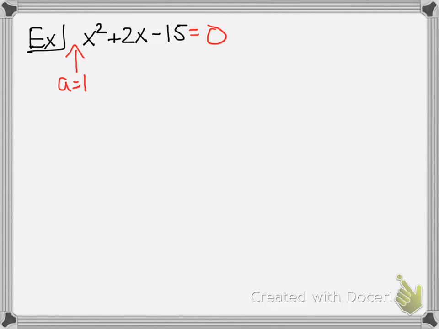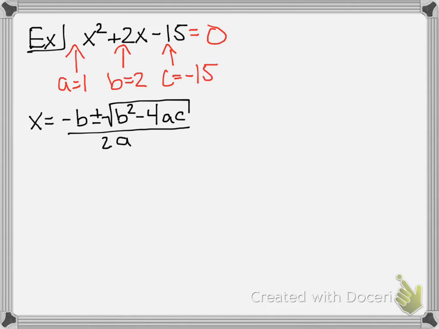Okay. So we've got this equation here where our a value equals 1. If we don't have anything out in front, it's 1. This is the nice simple case. b equals 2 and c equals negative 15. We'll recall our general form of this equation. And